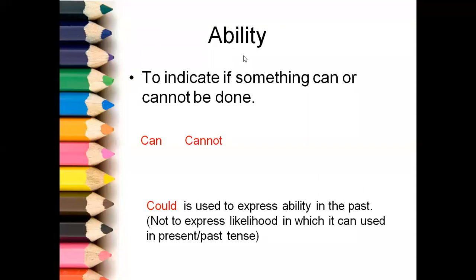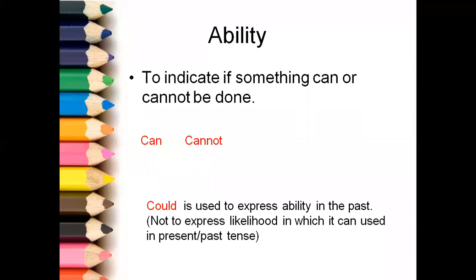Then ability. Now what is ability? Ability is something which you can do and which you cannot do. If I ask you, can you sing? You may say, yes, I can sing. But if you are very sure, can you swim? Suppose there is a pond, and you want to swim, then you are asking your friend, hey friend, can you swim? So he may say, I can, or he may say, I cannot. So it is talking about ability.